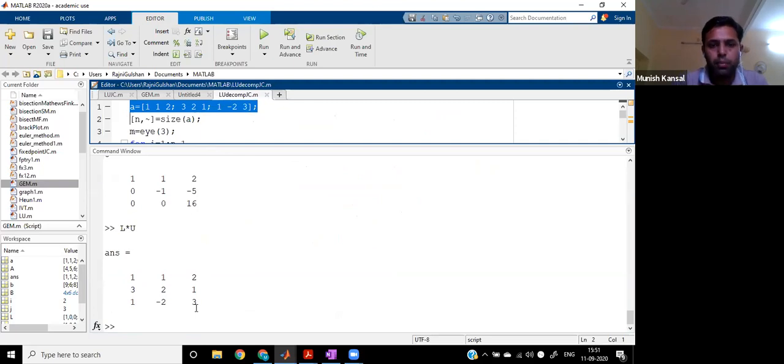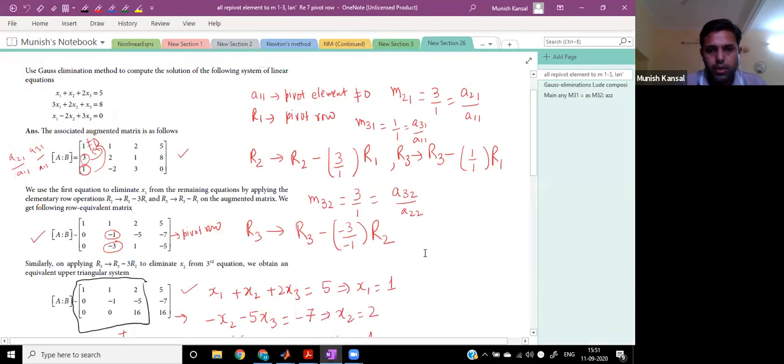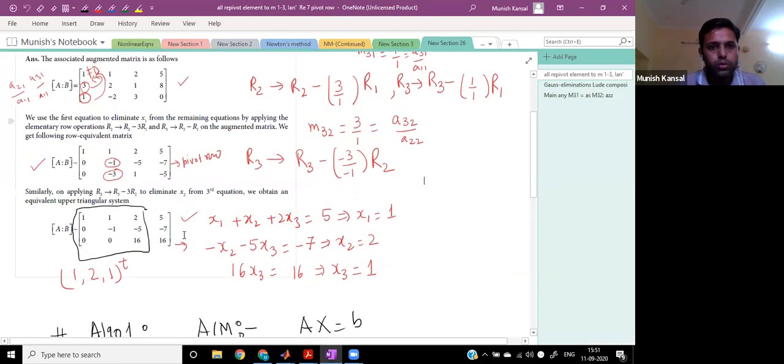Now the last step remains with the Gauss elimination, that is, once you have done up to here, after that you only have to get the answer with the help of back substitution, right? So you have to find out x3, x2 and x1. Just apply back substitution and find out the answer. So keep remembering that we will apply these transformations on the augmented matrix A colon B. In case of A is equal to LU, there was no need for that. Now we have to find the solution, right? So we will implement the operations on the augmented matrix, right?